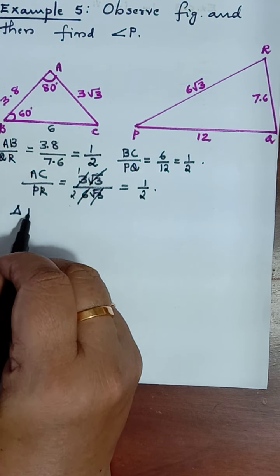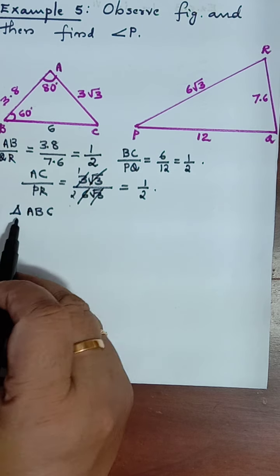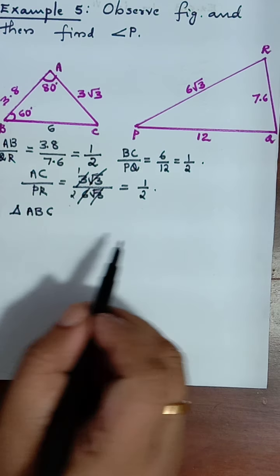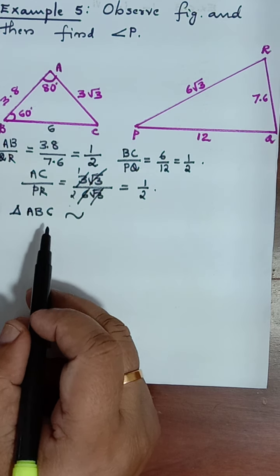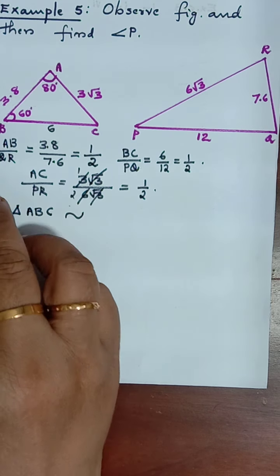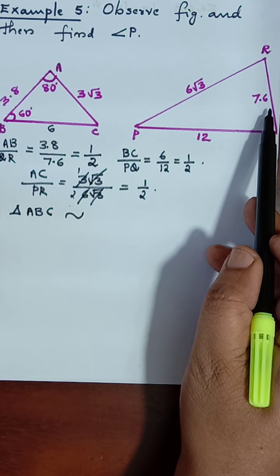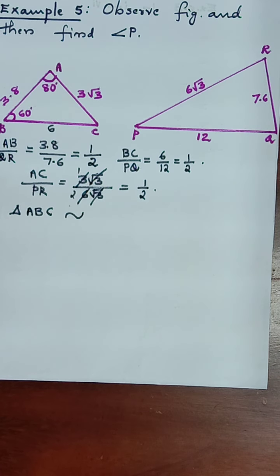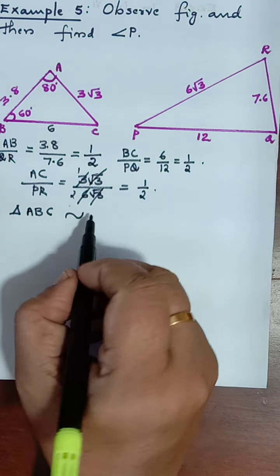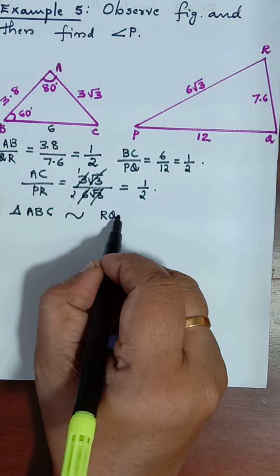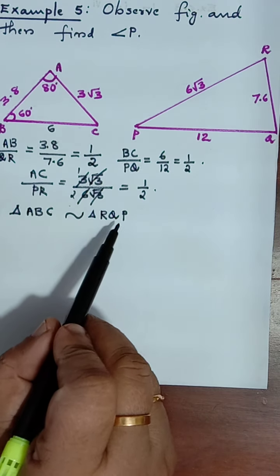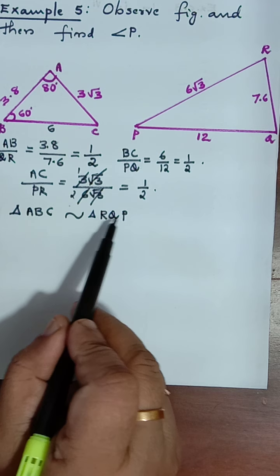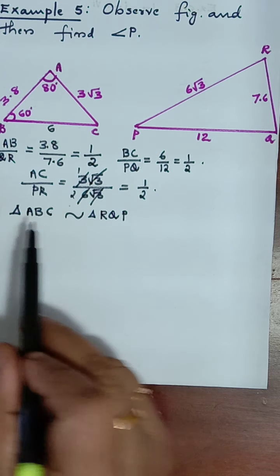Therefore triangle ABC, first triangle as you like, you can write ABC or BCA or CAB, whatever it may be, is similar to... Now we have to be very careful, 3.8 with the 7.6. So how will we arrange it? Is it PQR or RQP or RPQ? So the best way is RQP. I'll show you how to compare. So three ways are there. We can write PQR, QRP, etc. But it will not match with this.